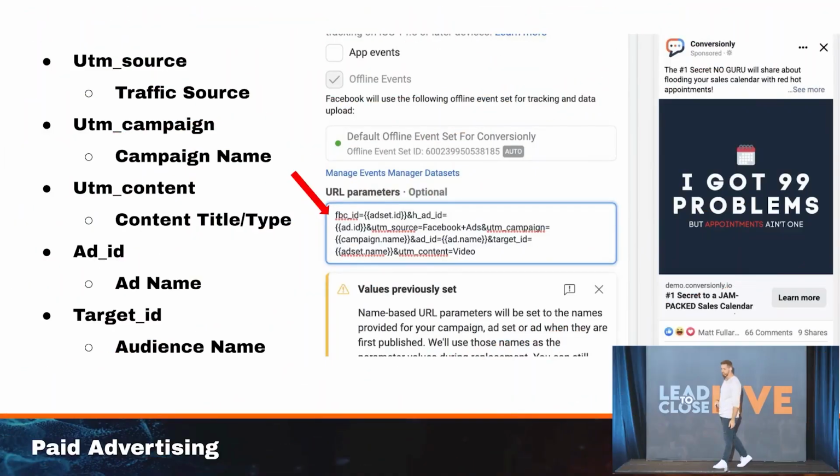So what does a UTM parameter look like? Over here on the left, you have many UTM parameters. You can even use custom made-up UTM parameters like, why is Zach so cute? Could be a UTM parameter, and you could throw an equal sign out there, and it'd work. But Google has pre-registered UTM parameters called UTM source, UTM campaign, UTM content, and campaign ID, ad ID, target ID. There's many things out there. These are the ones that we use, okay?